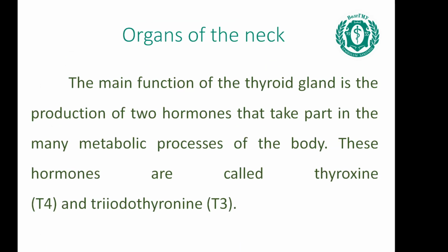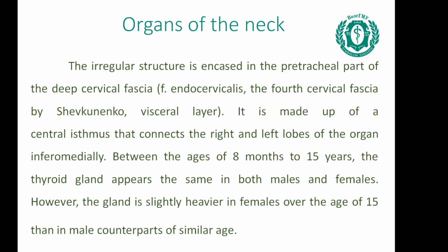The main function of the thyroid gland is the production of two hormones that take part in many metabolic processes of the body. These hormones are called thyroxine or T4 and triiodothyronine or T3. The irregular structure is encased in the pretracheal part of the deep cervical fascia, fascia endocervicalis, or the fourth cervical fascia by Shevkunenko. Its visceral layer. It is made up of a central isthmus that connects the right and left lobes of the